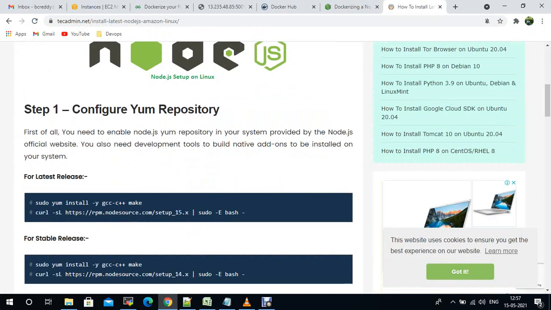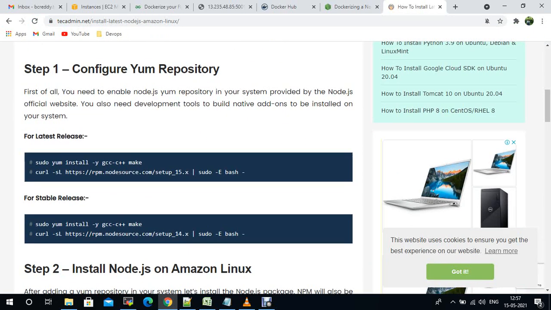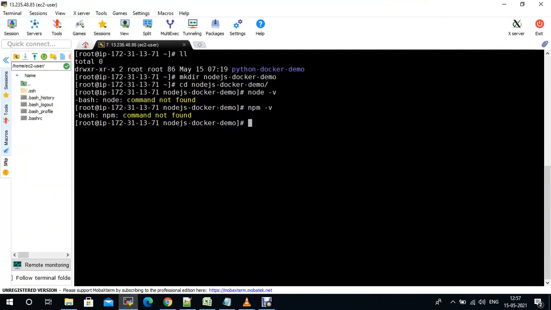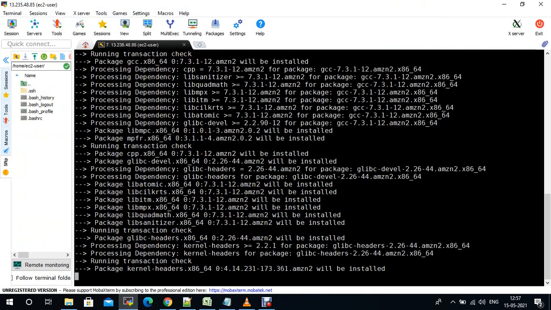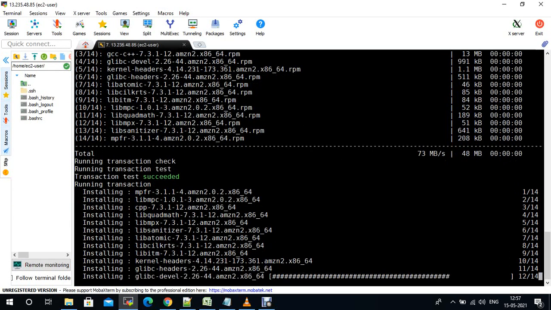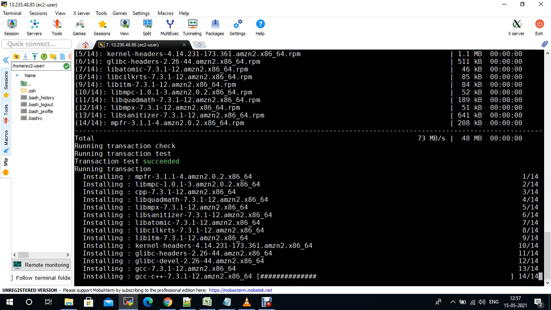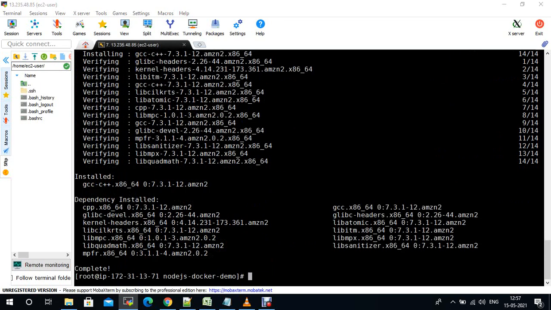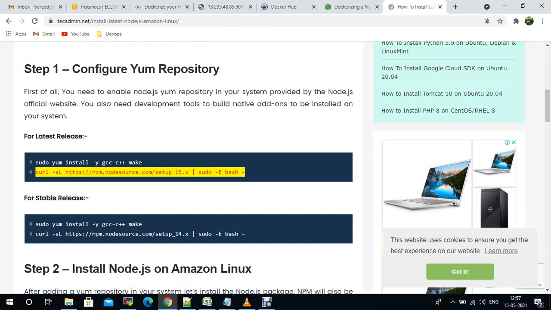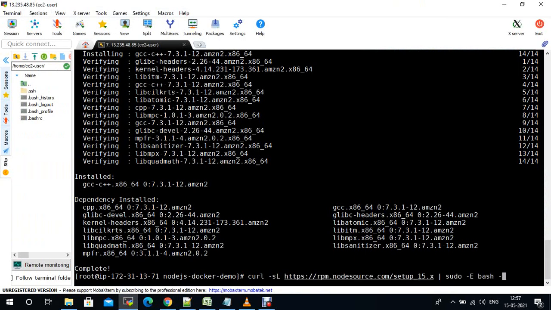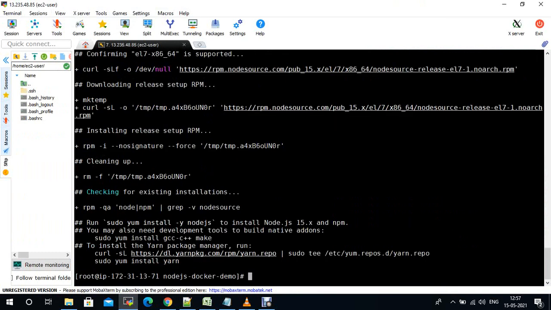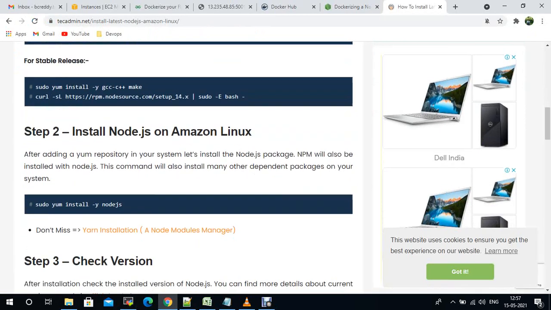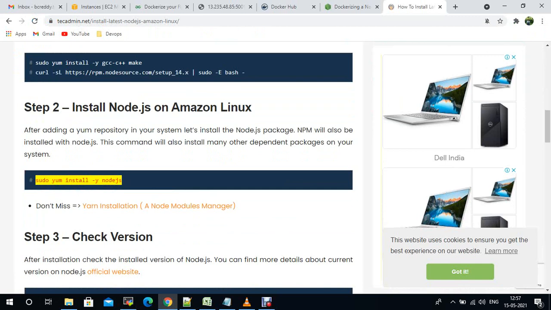This is the latest release, or if you have a stable release also, you just need to create. Copy. Now if you run yum install -y Node.js, it will be installed.